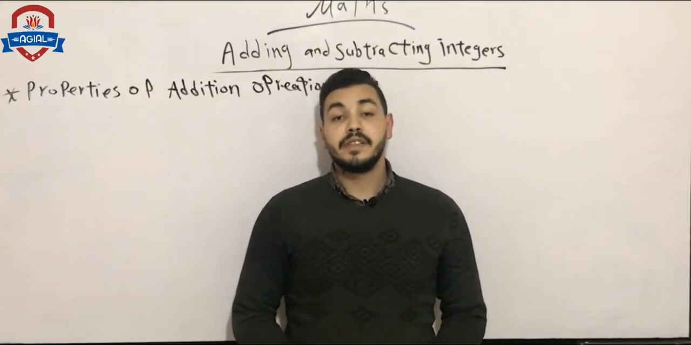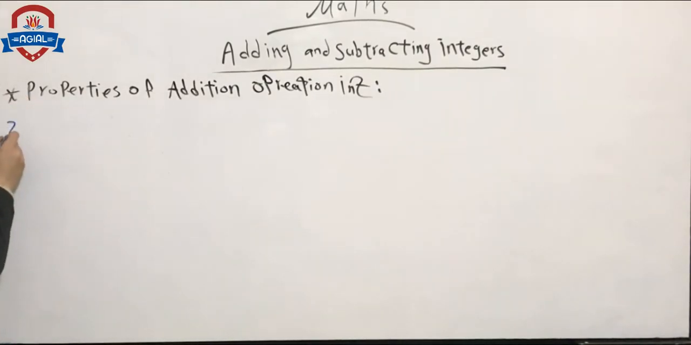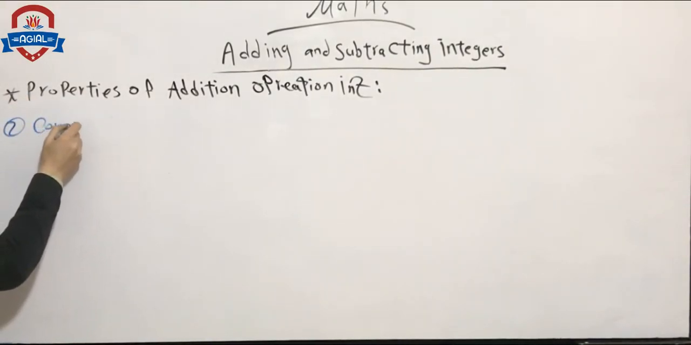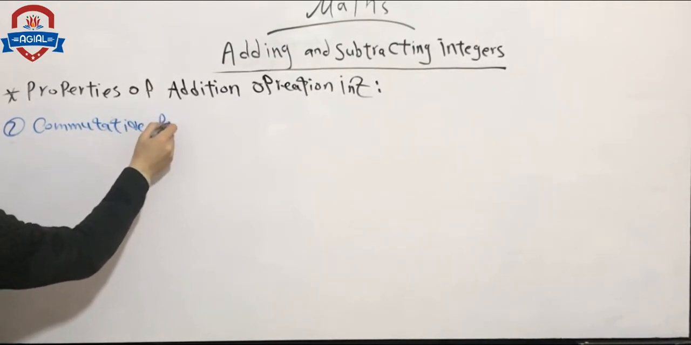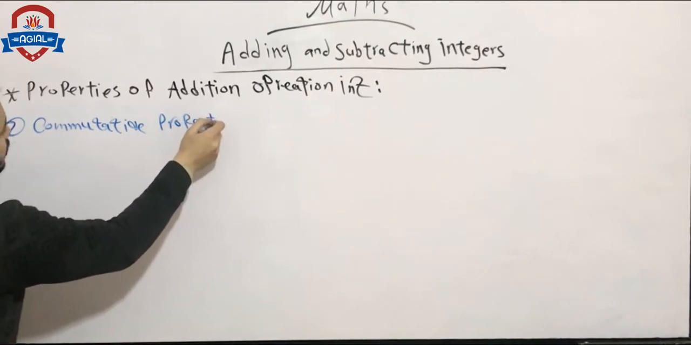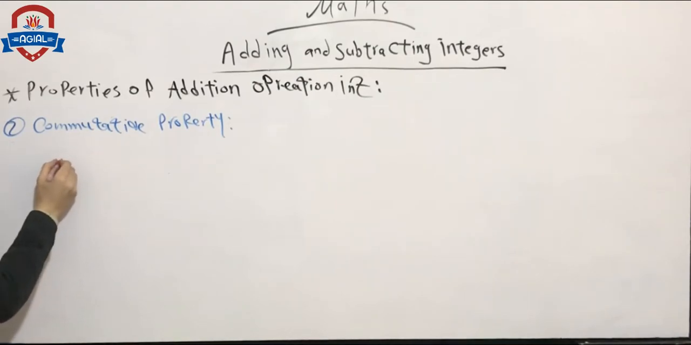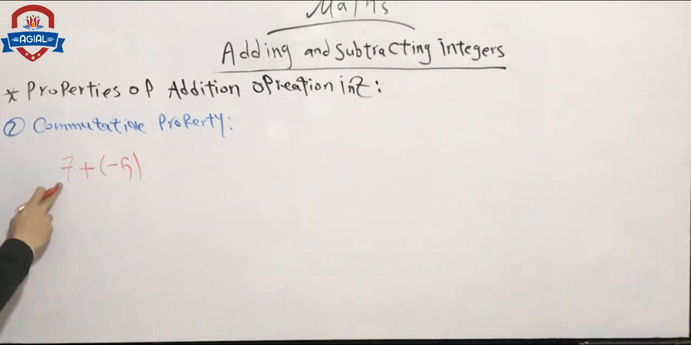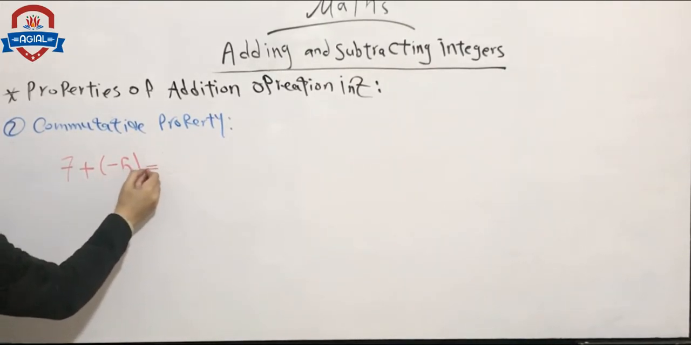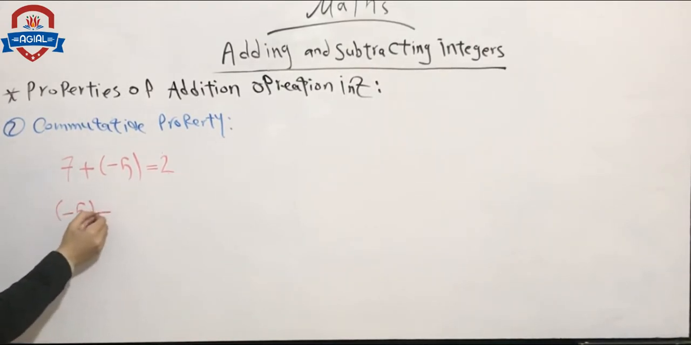Number 2, commutative property. For example, if we have 7 plus negative 5, 7 plus negative 5 equals 2. And if we have negative 5 plus 7, negative 5 plus 7 equals